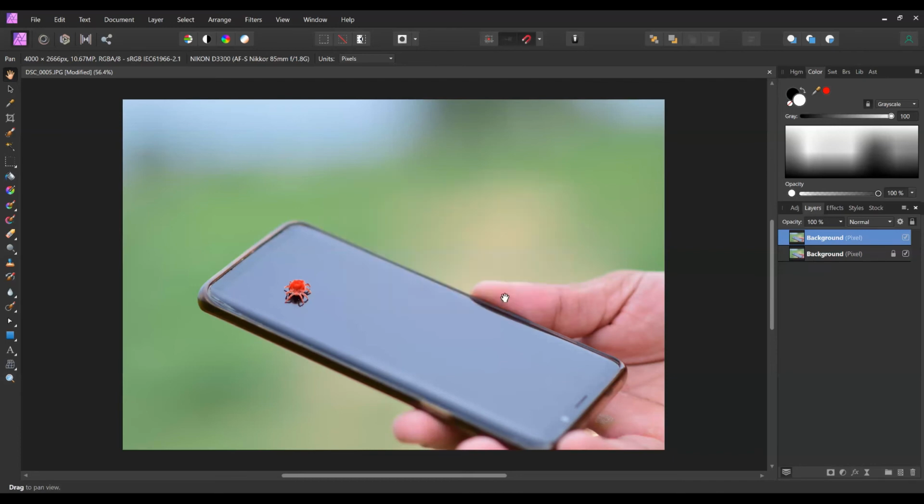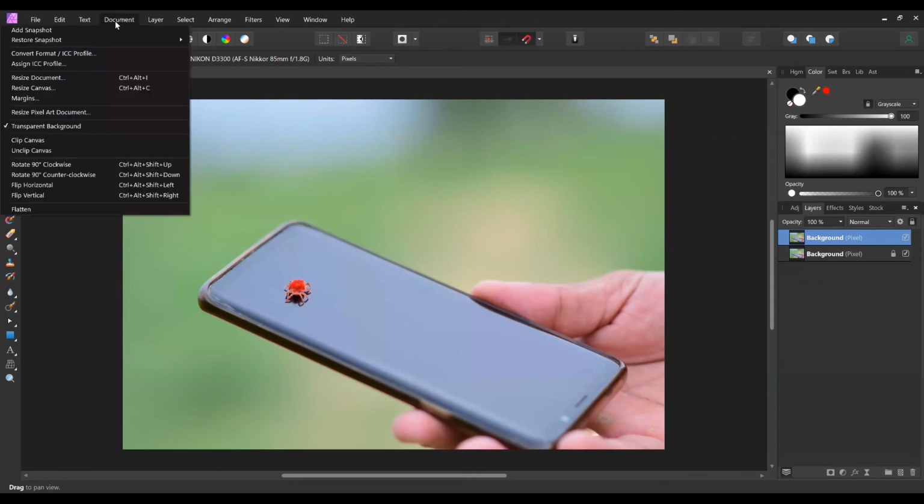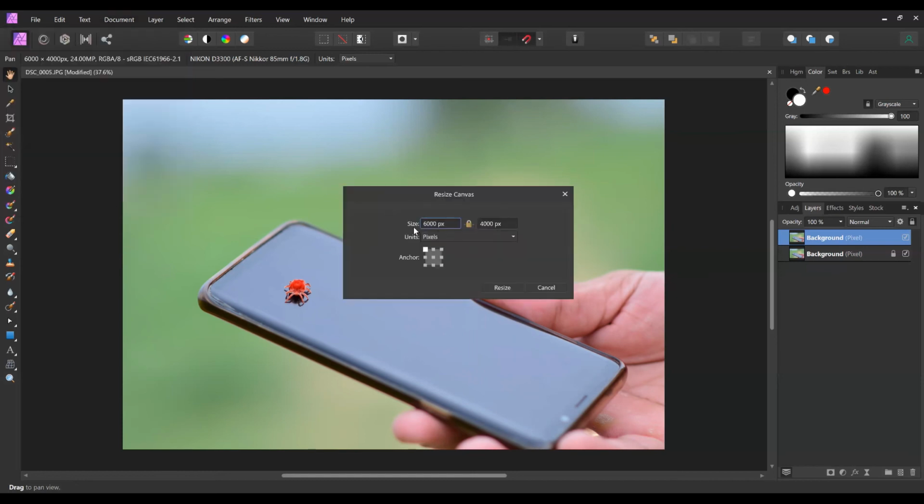Let's resize it again. Now if you want to add borders to your photos, all you need to do is click on Resize Canvas. Here we see the size, the width and height of the image. For example, you need to add captions to your image on the upper portion of the image. Now the height of our image is 4000. I want a border of 200 pixels in height. So I'll have to first unlock the size so that it doesn't affect my width, because I want my width to be fixed at 6000 only.